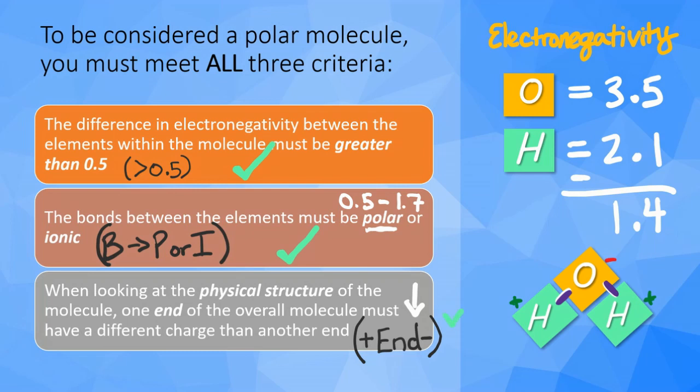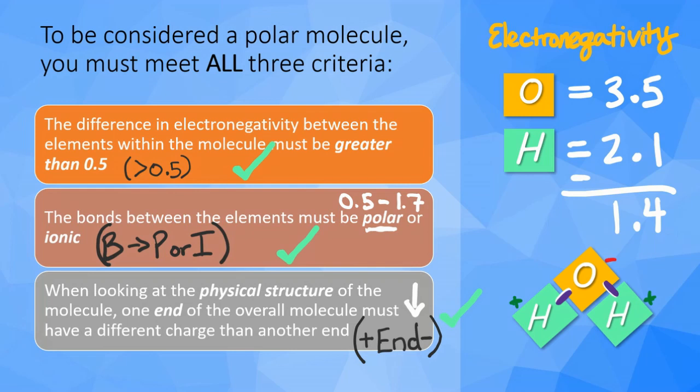Yes, right? I sort of gave this one away in my drawing of the molecule. But since oxygen is so much more electronegative than hydrogen, we can assume that oxygen would hold more tightly to the shared electrons between the oxygen and hydrogen. This would cause oxygen to have a partial negative charge, while the hydrogen would have a partial